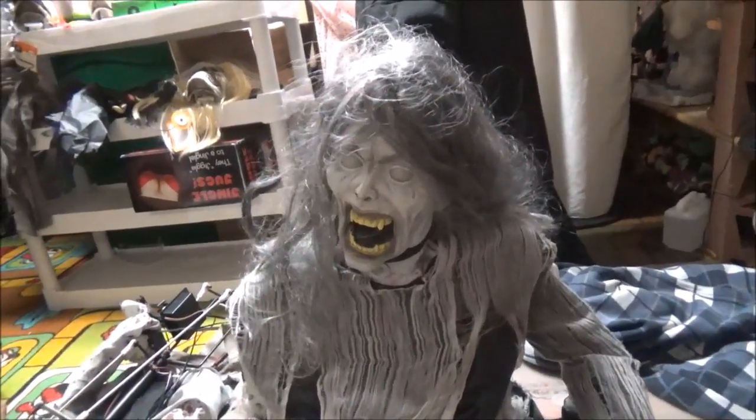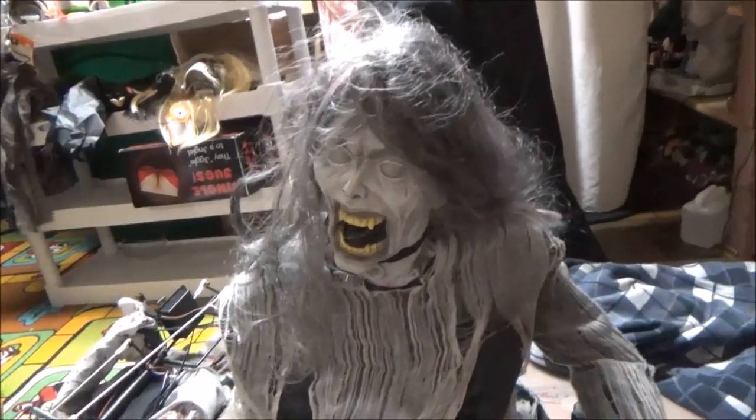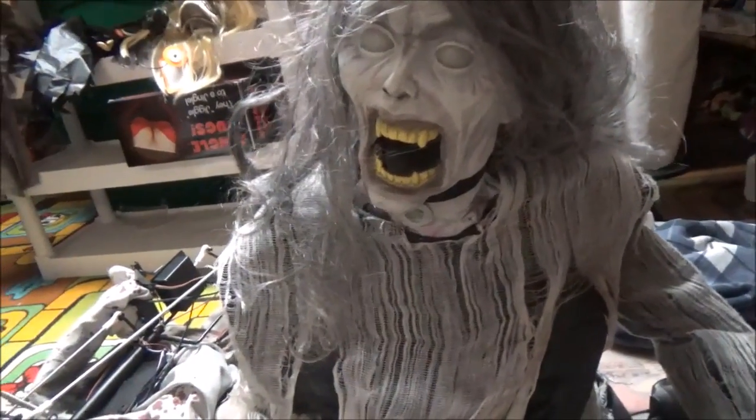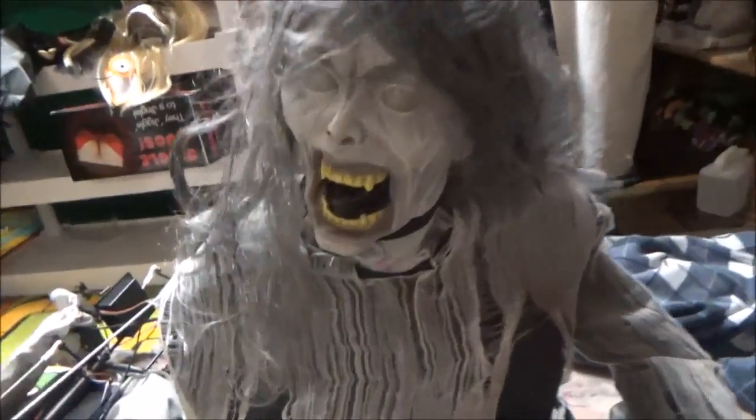I brought her back from the storage unit, however, she's just going to go back. I just wanted to bring her home to test her. I know she doesn't always work. Her motor, I'm sure, is bad. It's just I can't find a good motor that would work for her, and I think she doesn't even have